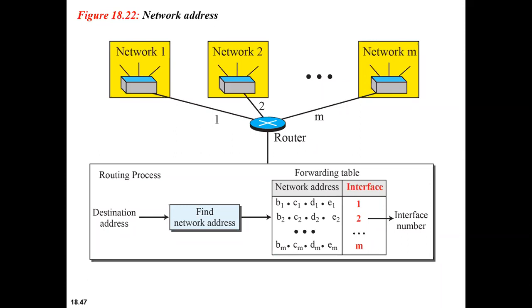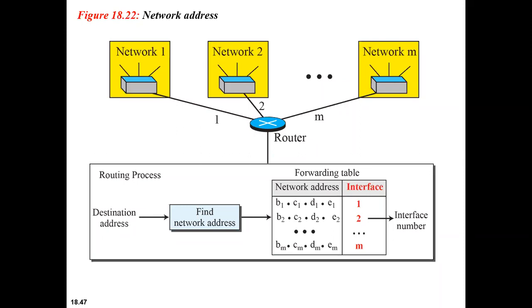So here, when any packet arrives at the router from any of the sources, what should the router do? The router needs to know which network the packet should be sent to. Along with that, it also needs to know from which interface, because each and every router has various interfaces. It should know which interface to send the packet out of.